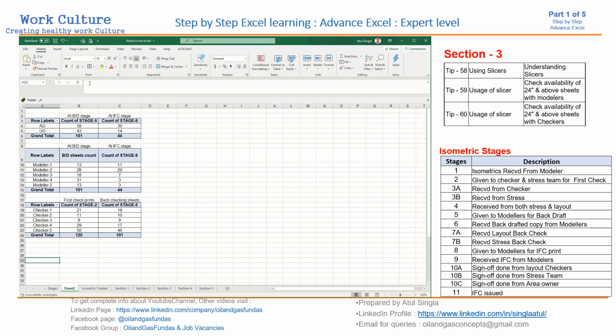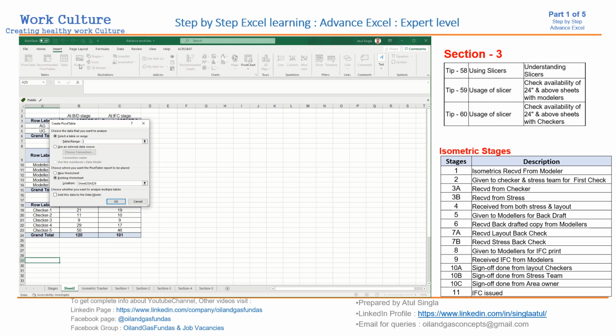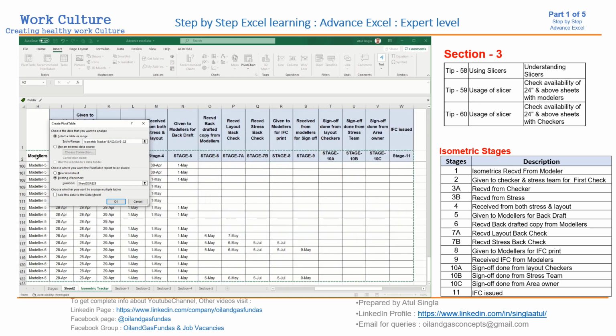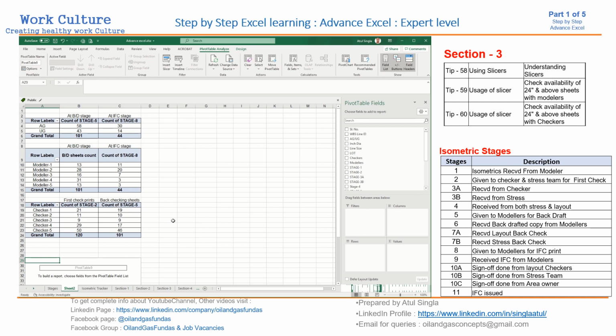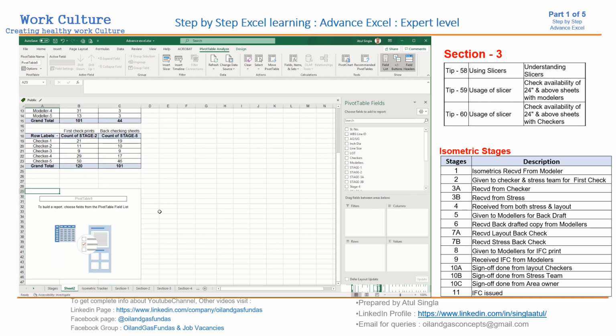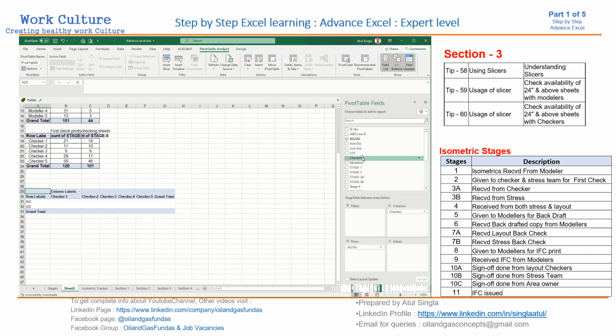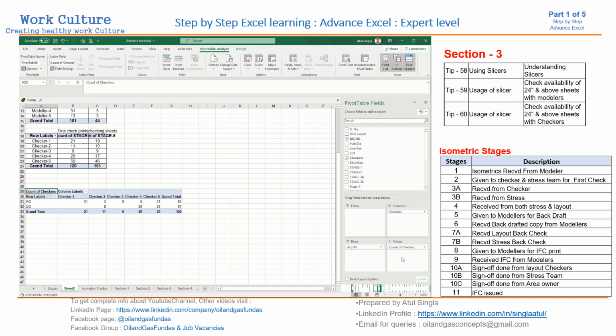Okay, suppose let us generate another pivot. Insert pivot, then select the database, again the headings, then control shift down, select the table, press OK, and we'll get this pivot table here. Suppose we are having AG and UG here. Okay, checkers in column, then checkers in value also. So we have this report